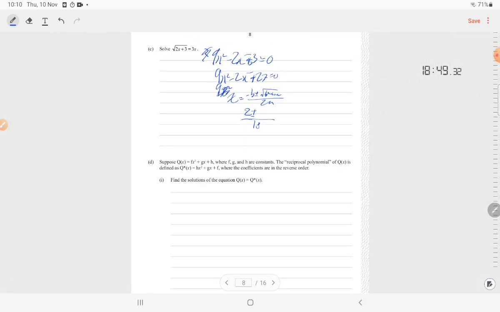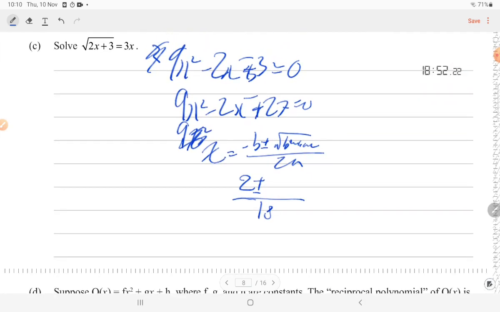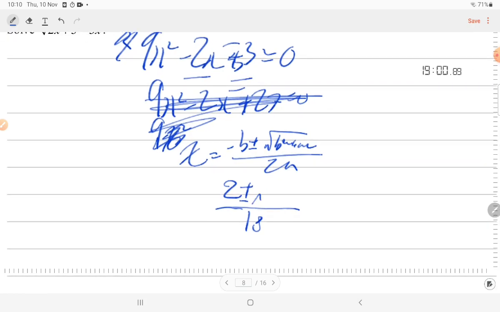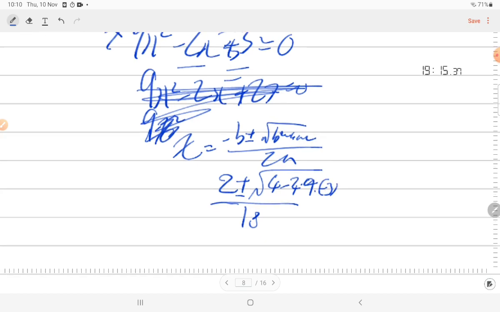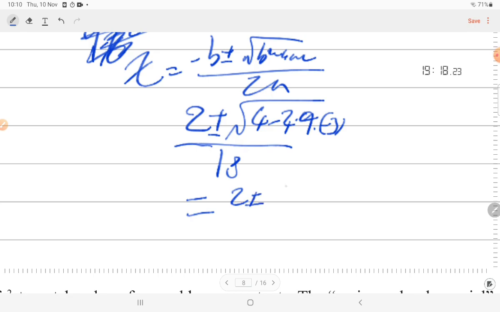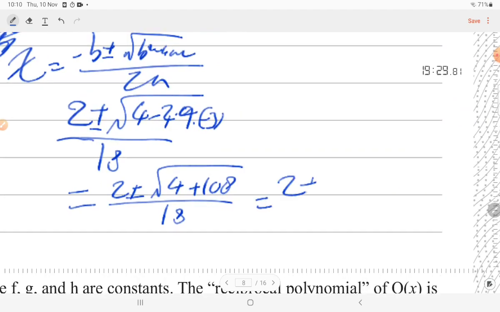Right. Oh, is this connected with the, no, it is not. So cross these two out. Negative 2 and negative 3, b squared, 4 take away 4 times 2 times 4, b squared take away 4ac, just equal to 2 plus minus square root of 4 12, 8 all over 18, should be 2 plus minus square root of